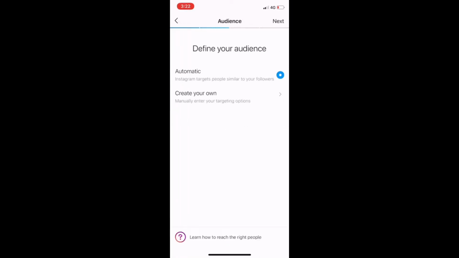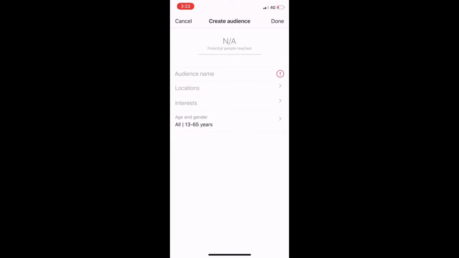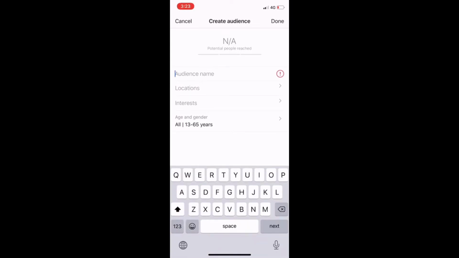Next, there is the option to define your audience: automatic and create your own. With automatic, you let Instagram choose independently where it wants to send your post. But if you are into a specific business or specific blog, you can select your target audience. See, for audience name, you can just put anything.